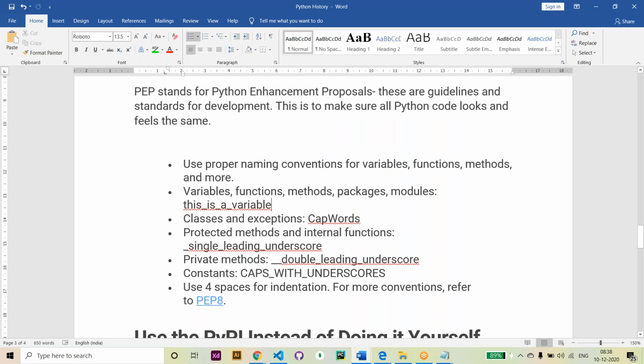Okay, so that is like variable creation. The classes and exceptions use cap words. Suppose you have more than one word when you're creating the variable, you can separate them with cap words. Let's say here,